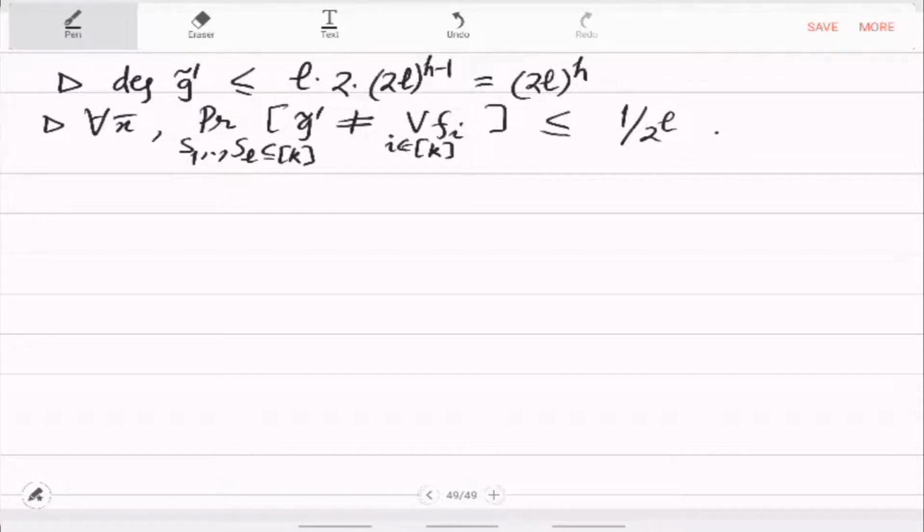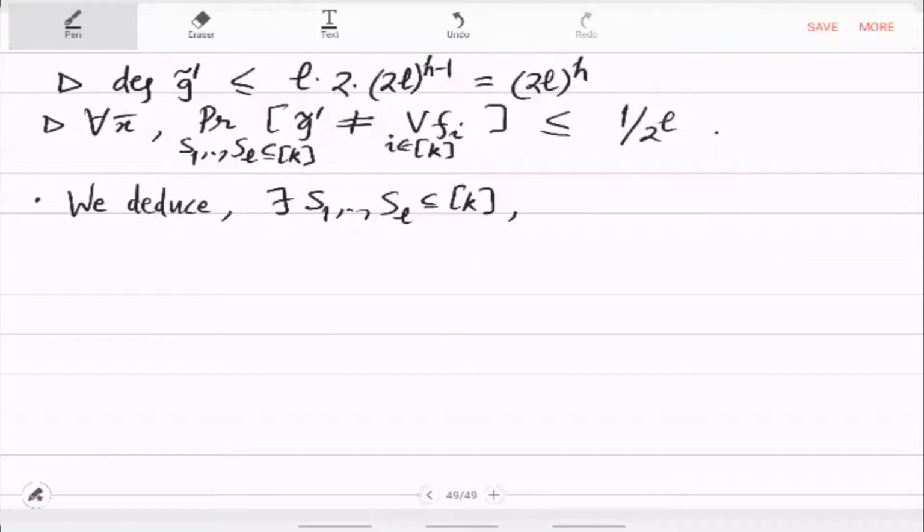Which means, from this we can deduce that there is actually a good choice of S1 to SL such that this event happens. So we are swapping the quantifiers now. We are swapping x bar with the choice S1 to SL. So when you swap this, what you will get is that there exist subsets S1 to SL,